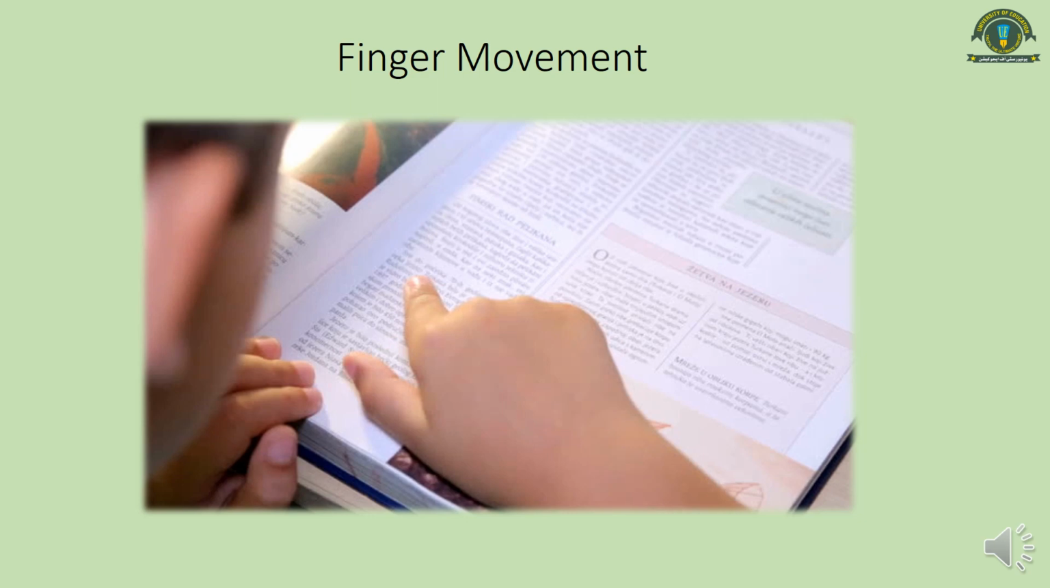So finger movement is moving your finger through the text. Some people have this bad habit. Whenever they're reading a text, they're moving their fingers along, or they are having a pen in their hand which is moving across all the lines. This is such a habit that consciously tires your brain, and you feel